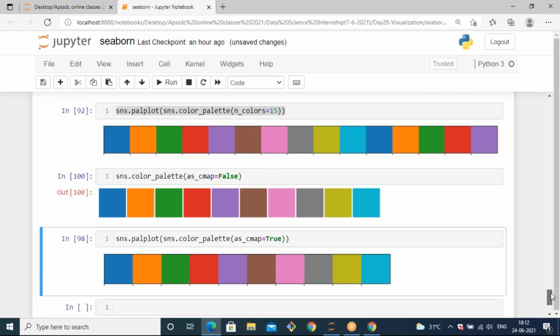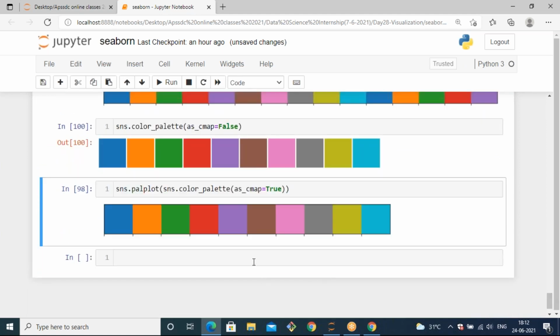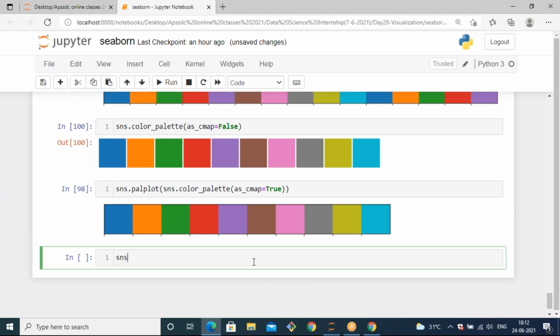Okay, so like this you can generate colors, and if you want to generate your own color, you can use palplot and mention the color palette inside it. For that we can use color_palette, and if you want to generate your own color combination, you can specify it. I just want to generate my own color, that is red, so you can specify RD.